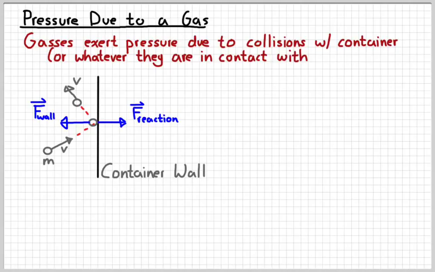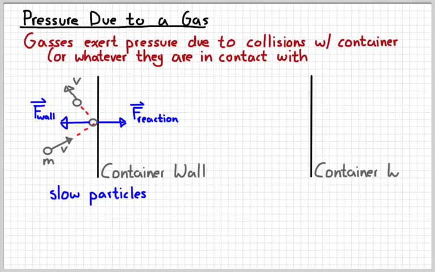And so because its momentum had to change, there had to be a force exerted on it by the wall. The reaction force is from the particle on the wall, and that's what causes the pressure due to the gas. This is for our slow particles. If we look at the faster particles, so maybe this guy is going 2v,